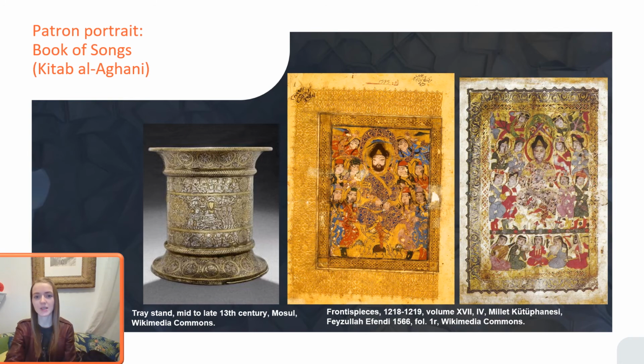If we look at the Kitab al-Aghani, or book of songs, from the early 13th century, with its multiple frontispieces, we see the patron either enthroned, on horseback, or giving an audience. There is an emphasis on the princely features of the ruler, as opposed to the scholarly features of the author portraits we just saw. He is wearing ornate clothes, and here he is sitting under a canopy that winged figures hold over his head. They highlight the status of the figure, who is